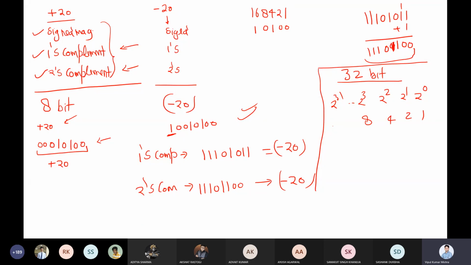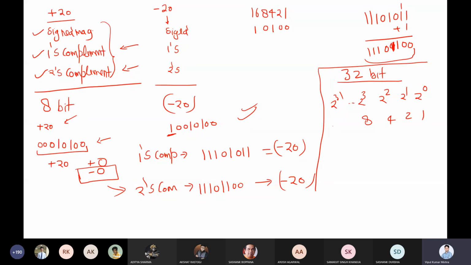So what is the necessity of twos complement, even if we get the value of all the negative values using ones complement? I'll come to that. Why do we need twos complement? Actually, when you represent 0, in ones complement there is plus 0 and minus 0. But actually there is no such thing as minus 0. So you are unnecessarily wasting space to represent minus 0. That is not the case in twos complement. It utilizes that space as well, and it can represent one extra number. So that's the beauty behind the twos complement.